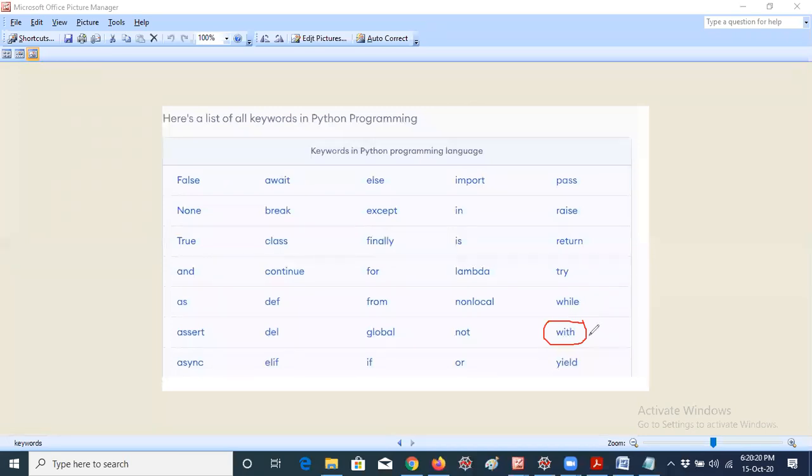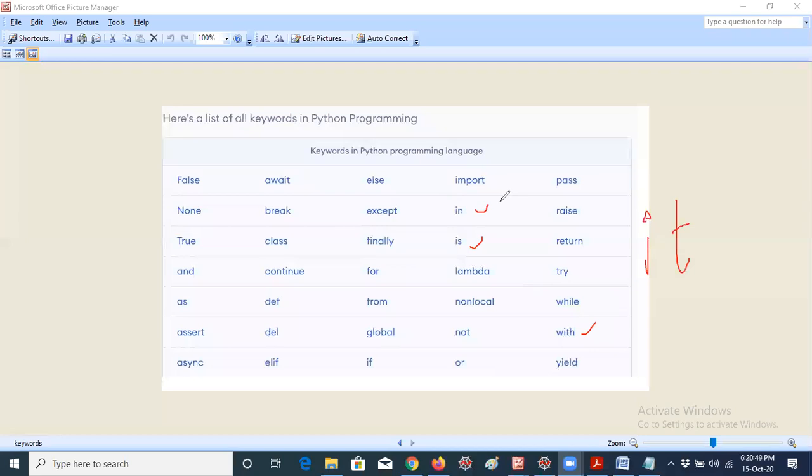Now I would like to introduce the with keyword today. What is with? With is a keyword. But many students get confused from an examination point of view, because in English words, is, in, and with look like keywords. In mid examinations or interviews, they will ask which one is not a keyword in Python, and they will give is or in. It is not a keyword in Python.